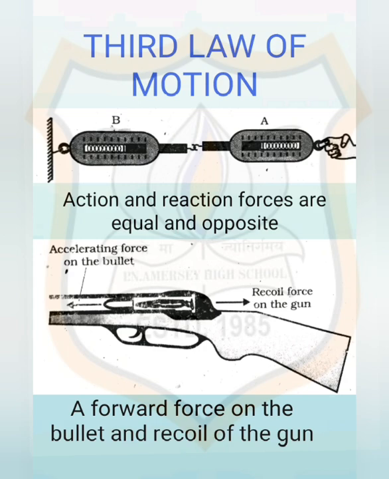The force which balance A exerts on balance B is known as the action force, and the force of balance B on balance A is known as the reaction force. This gives us an alternative statement of the third law of motion, that is, to every action there is an equal and opposite reaction. However, it must be remembered that action and reaction always act on two different objects, as we have discussed.